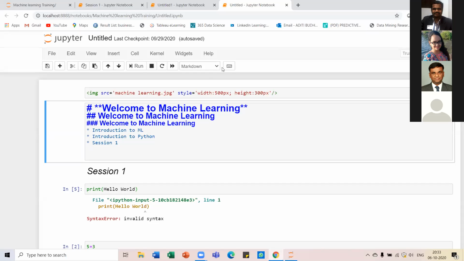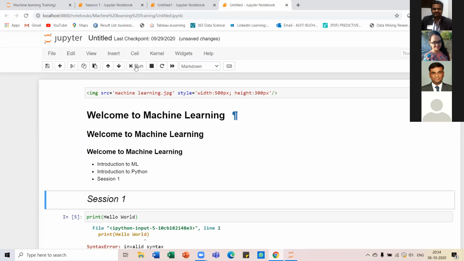First, of course, you have to convert this cell into a Markdown cell by going over here and doing that. And then you can just try out writing one line with one hash, then two hashes, in order to see, you see here, the text size is reducing.